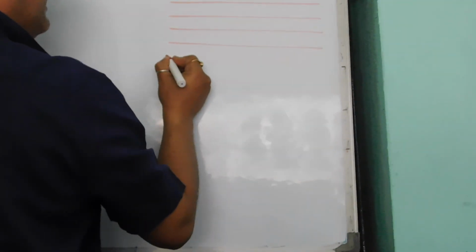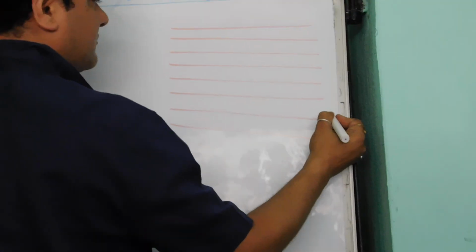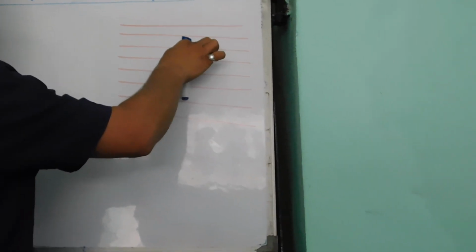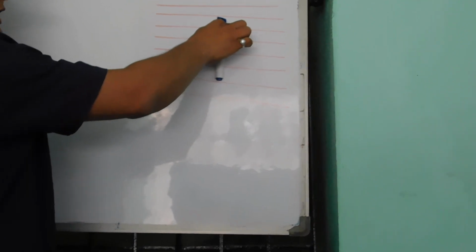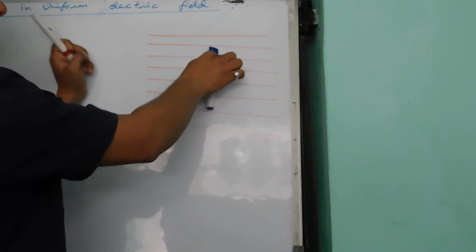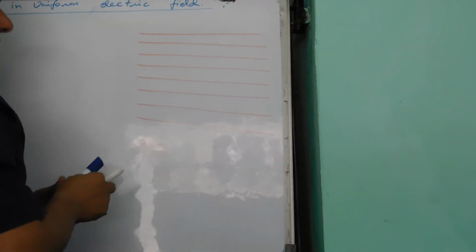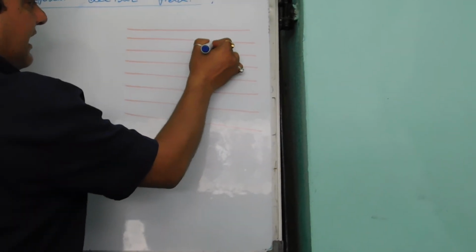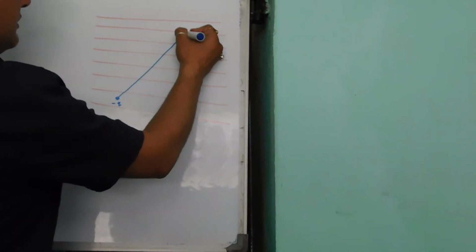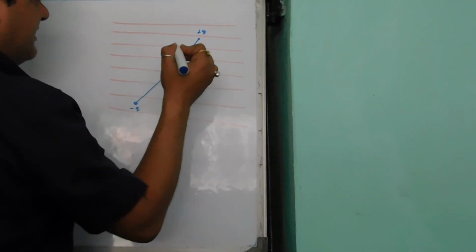These are the lines of uniform electric field, and a dipole is placed in this uniform electric field like that. As there is a positive charge due to which this field exists, the positive end is repelled and the negative end is attracted, and the dipole seems like that. So we have to draw a line like that, and this is negative Q, this is positive Q, this is a dipole, and its center.